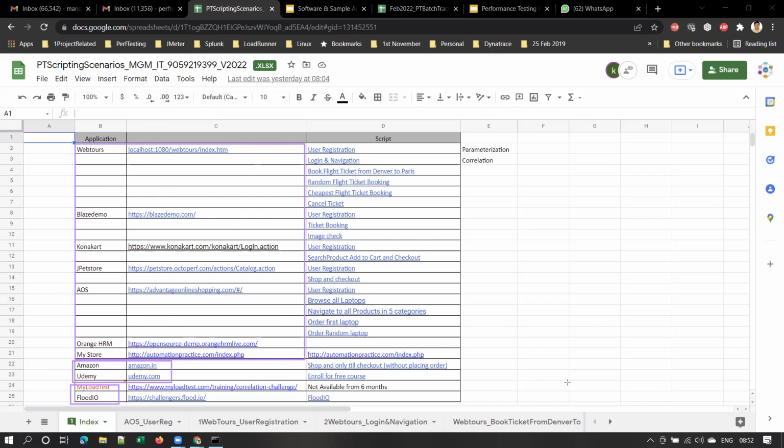The reason why I'm telling is I heard from many students that their trainer told that these are real-time applications. Sir, I also heard that it is a real-time website. Actually, I said I went for 1 week training, right? Second day only they installed LoadRunner and said that this is the real-time project. Which application did they start with? WebTours only, sir. They mentioned Login also. Yeah, I heard from many students.